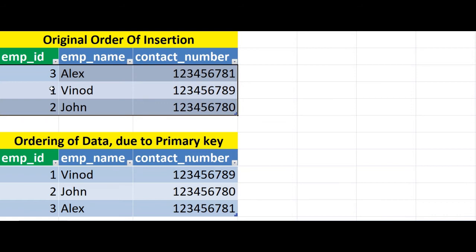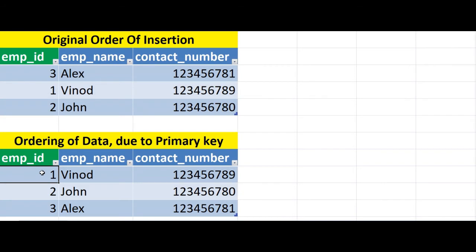If you perform a select on this table, you can see employee ID 1 as first, then 2, and then 3. So basically what's happening is, because employee ID is the primary key, the ordering happens in the table's data by employee ID.